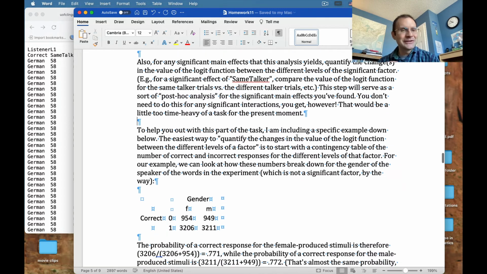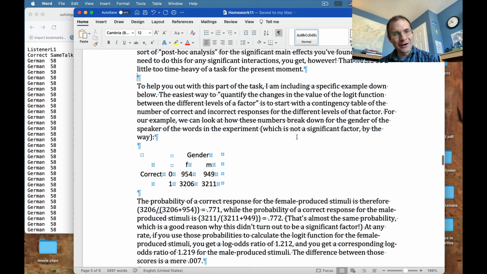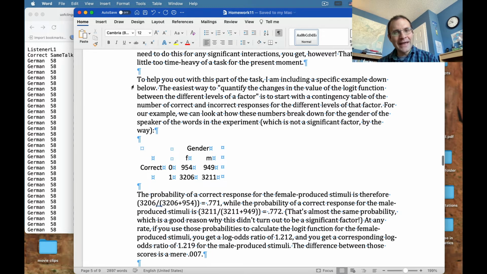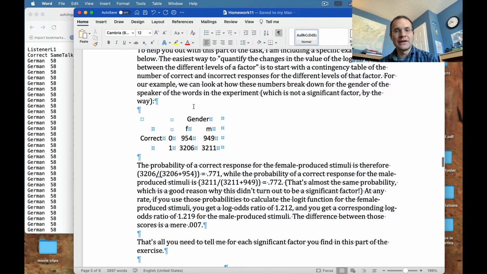And I had people do this for the first time 2 years ago, and everybody's like, what are you talking about? And so I kind of had to spell it out a little further. So to help you out with this part of the task, I'm including a specific example down below. The easiest way to quantify the changes in the value of the logit function between the different levels of a factor is to start with a contingency table of the number of correct and incorrect responses for the different levels of that factor. For example,